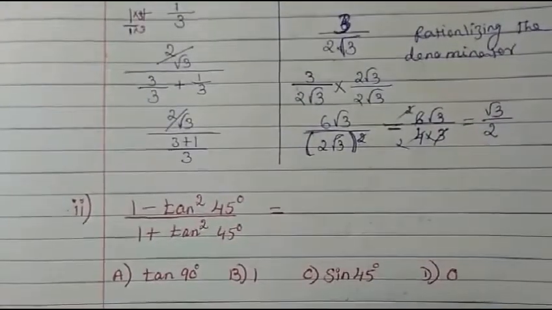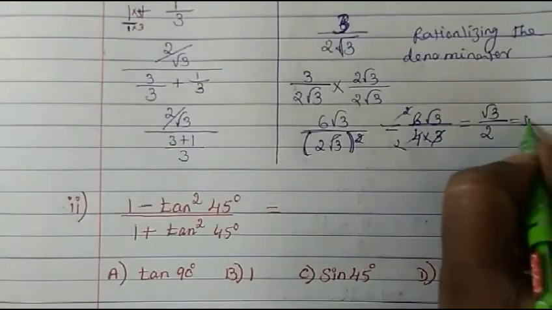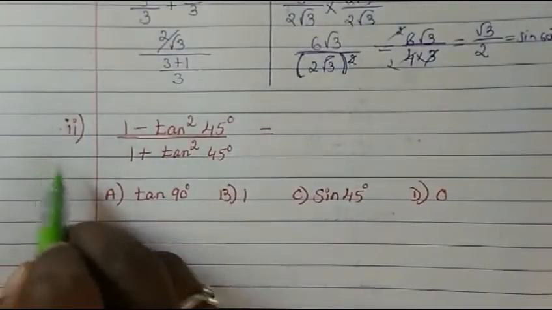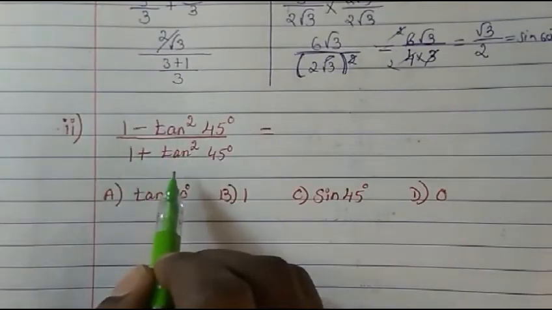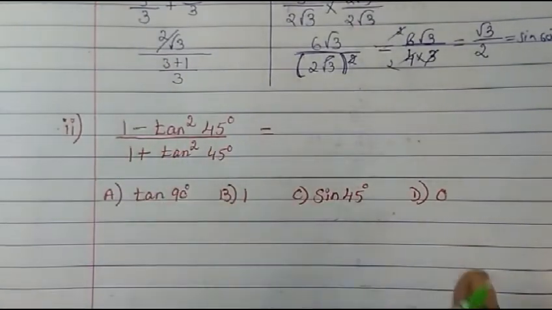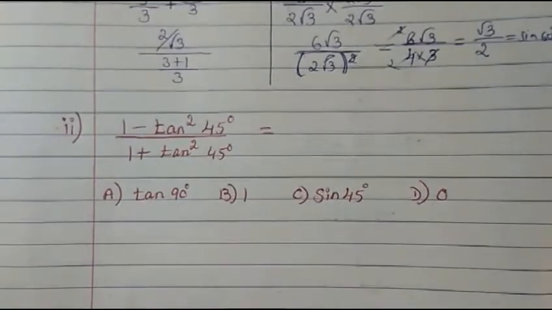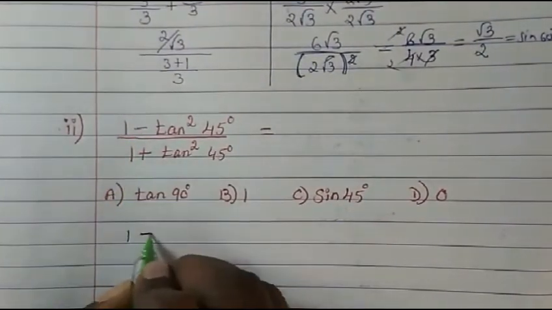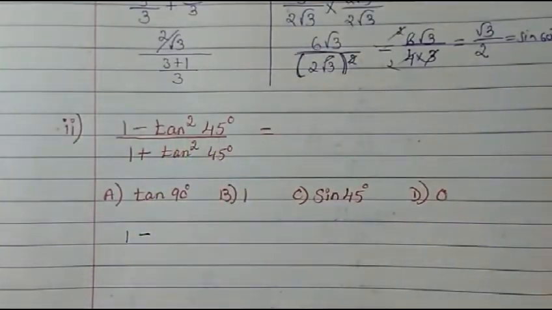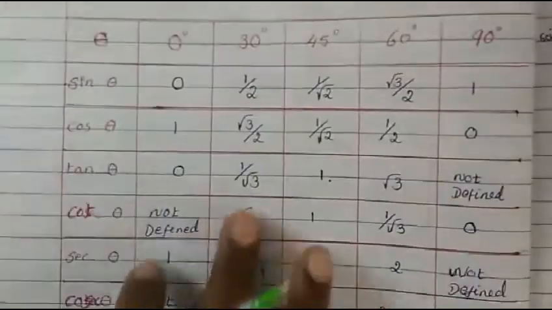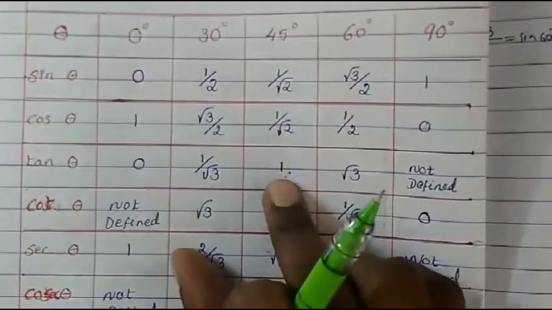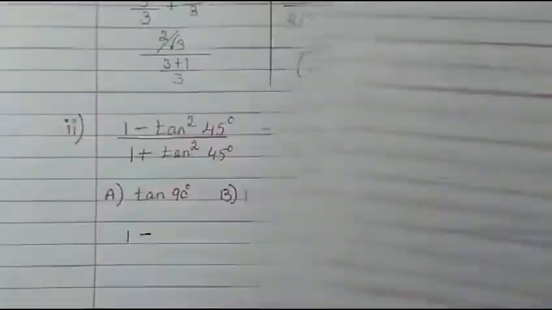So you can write down here sine 60 degree is the correct option. Is it clear? So now let's see the third one. This also you can write down here. Okay. Now the second part of this sum. So same way only we have to do, just put the value of it. So let's write down 1 minus tan 45. What is the value for tan 45? Tan is here, 45 is here. So that means 1. Tan 45 is 1.